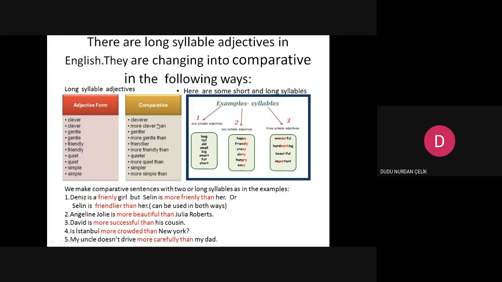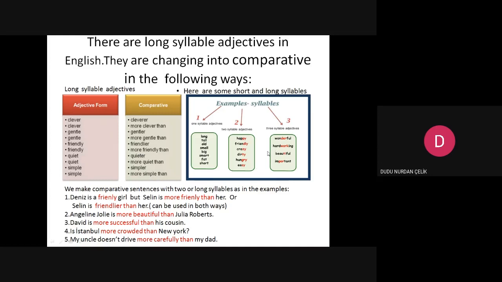Gentle is also two-syllable, gentle or gentler, or more gentle. Friendly, we can say friendlier or more friendly. Quiet, we can say quieter or we can say more quiet. Simple, simpler, or more simple.